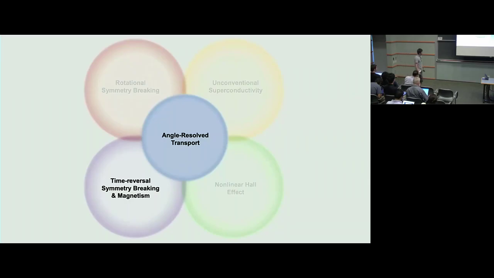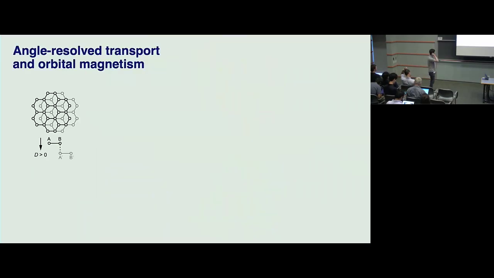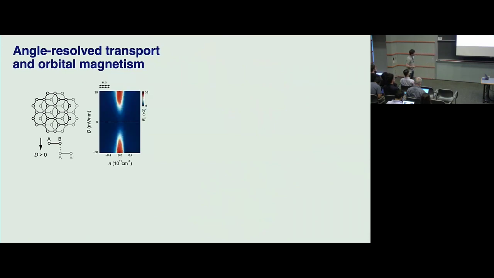But angle-resolved transport also tells us a lot of new things that haven't been quite observed before. For example, time reversal symmetry breaking, right? Let me use Bernal bilayer graphene as an example. Near the charge neutrality point of Bernal bilayer graphene, the band structure, the conduction and valence band touch at 4 points, right? This kind of geometry is